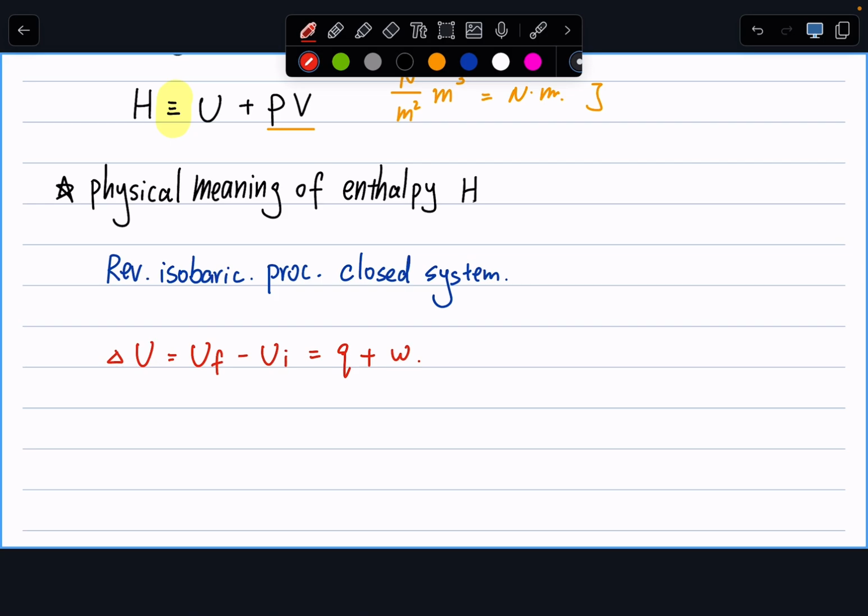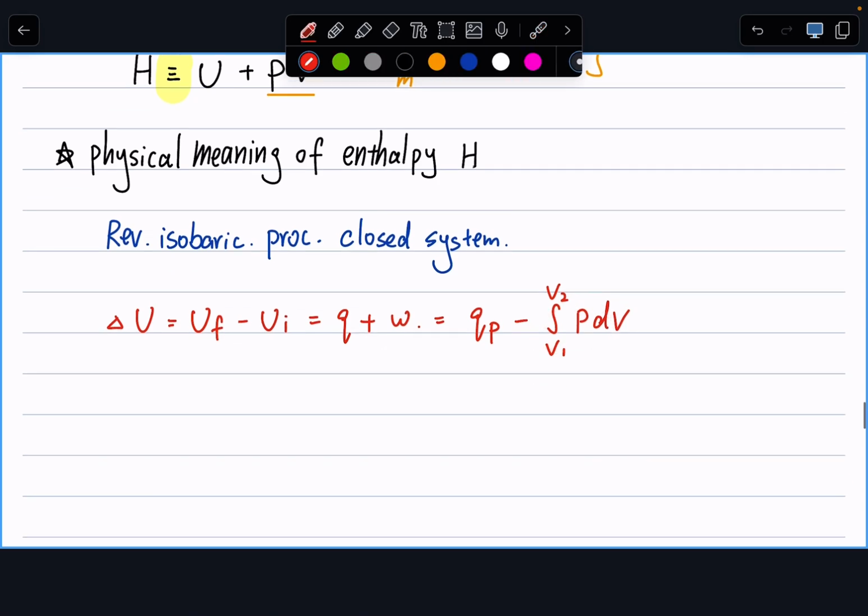In this process, we're manually stating this is an isobaric process, or constant P. We can write it as Q_P minus the integral from V1 to V2 of PdV. Q_P just says that's the heat transfer in and out of the system at constant P. And then work is calculated using the reversible work, which equals negative PdV. So doing that calculation, we get